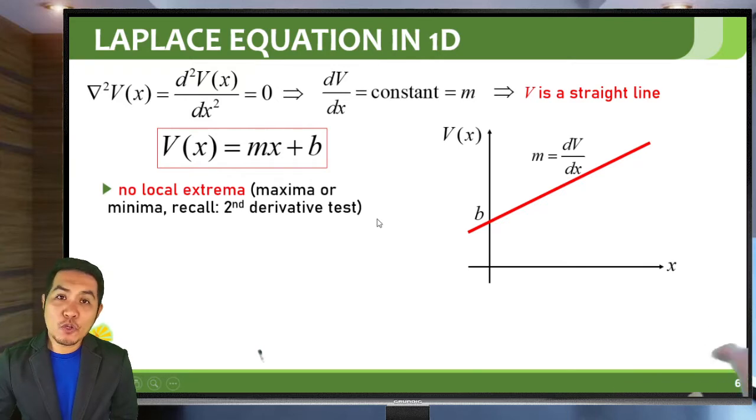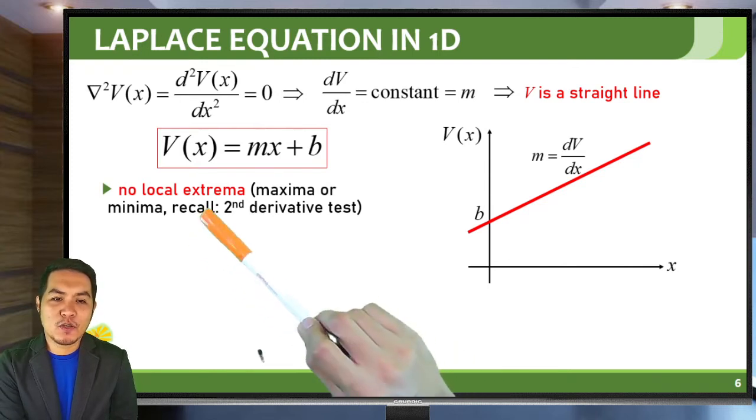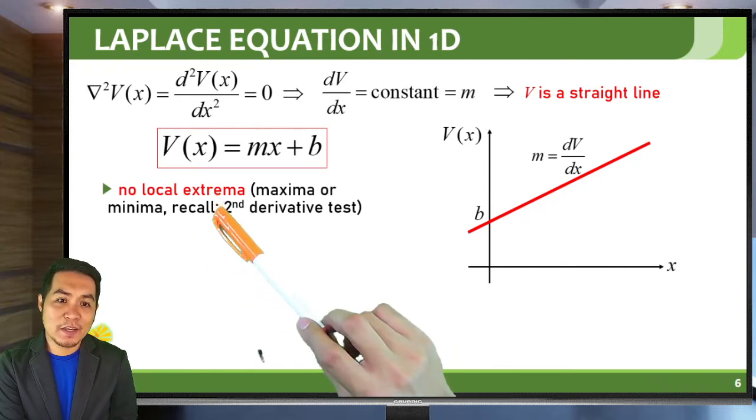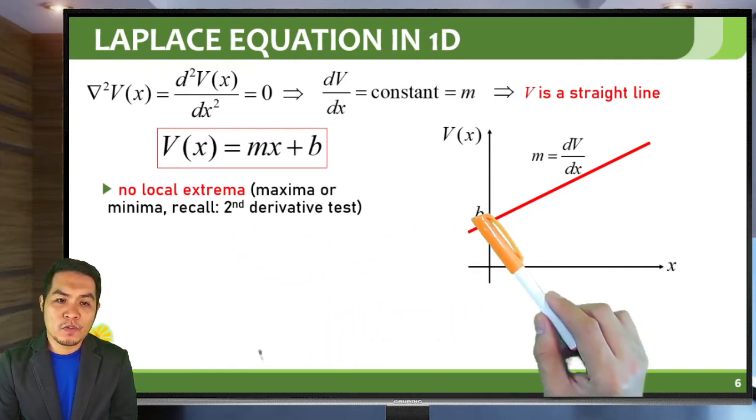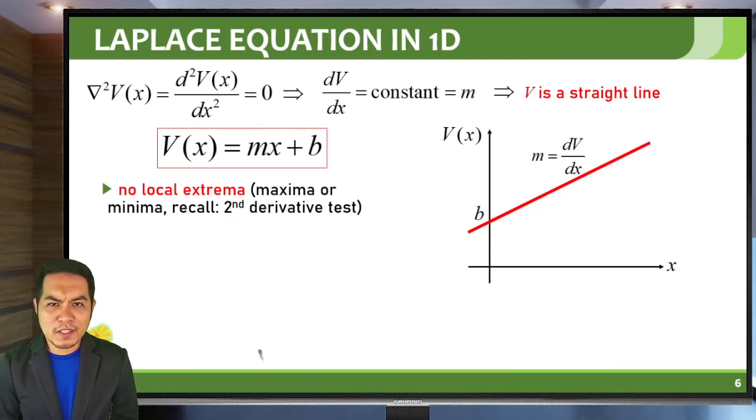So the solution to Laplace equation has this feature. It has no local extrema. Extrema is either a maxima or a minima. So if you will recall your first derivative test and second derivative test to determine if your function has a maximum or a minimum,